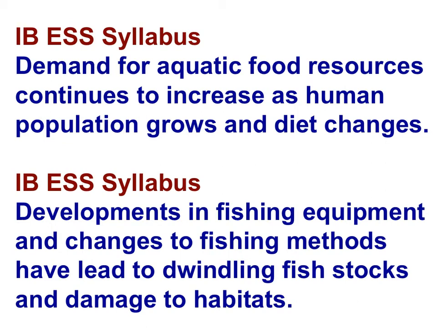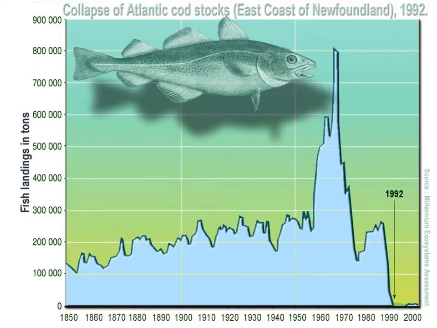The first is: demand for aquatic food resources continues to increase as the human population grows and diet changes. And the second is: developments in fishing equipment and changes to fishing methods have led to dwindling fish stocks and damage to habitats. This graph shows you Atlantic codfish harvest over time, and you can see that the Atlantic codfish